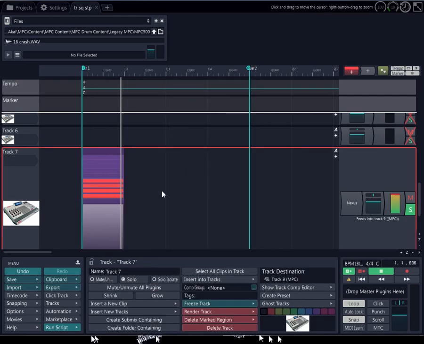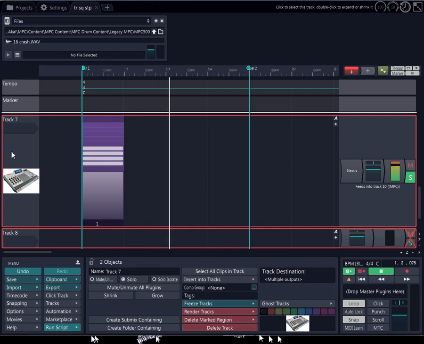Oh, I'm sorry. I'm tripping. I forgot this is set up as an MPC track, so it's already output into the MPC. That's why it's